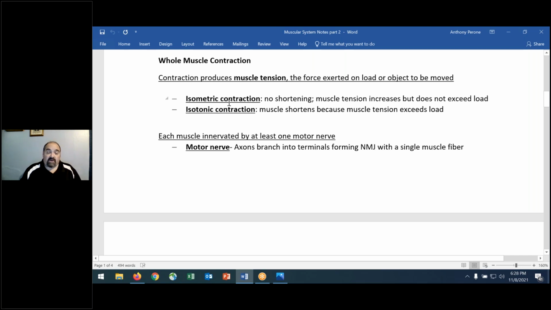When it doesn't shorten, but there is a cross bridge formation with no sliding of actin, then that's an isometric contraction, okay? And know that depending upon, and I said this to you before, that this is what I was thinking of,